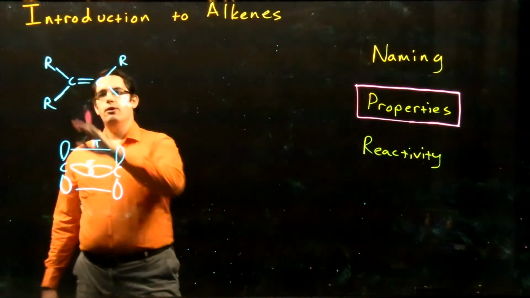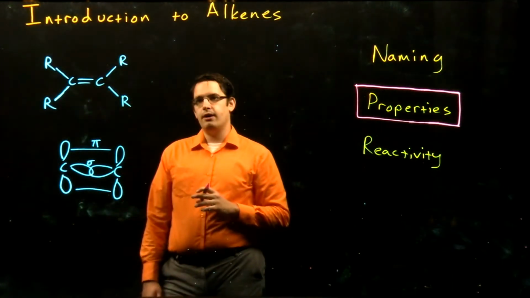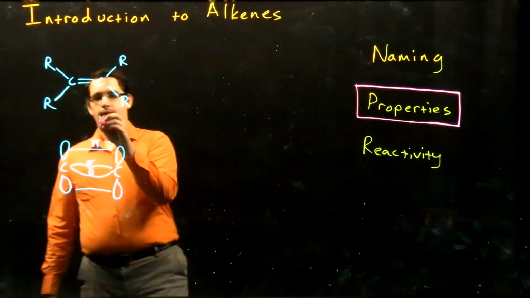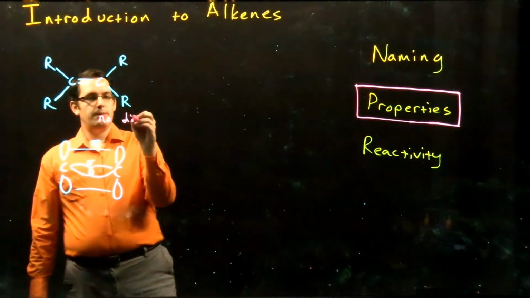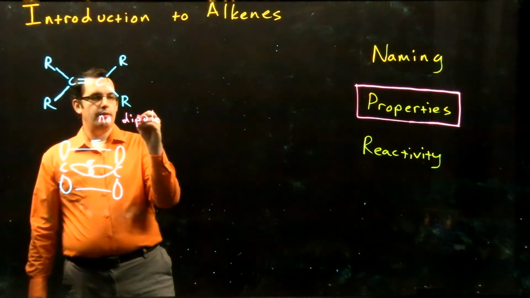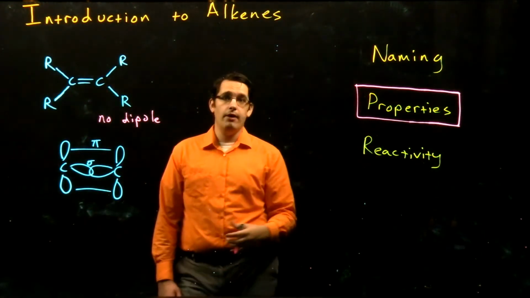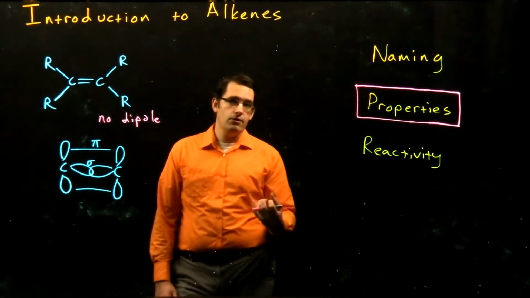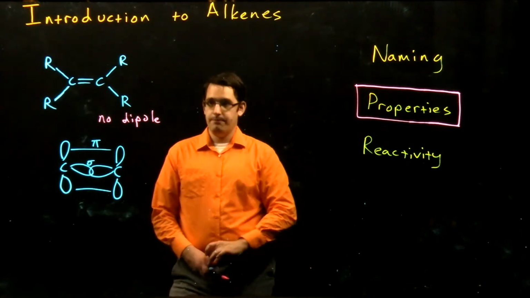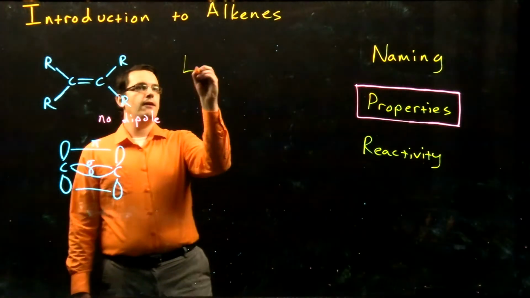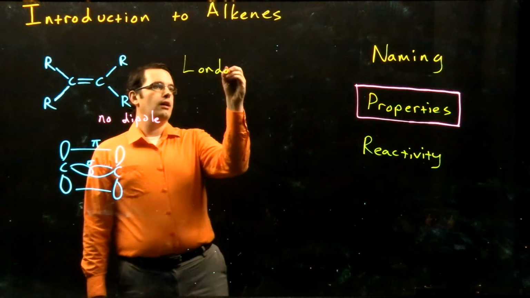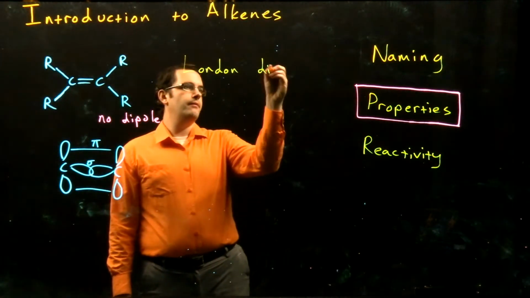So we have no dipole here between our 2 carbons, and of course when we don't have dipoles, that means that we can't have our stronger hydrogen bonding interactions or our strong dipole-dipole interactions. So we only have our weaker London dispersion forces,